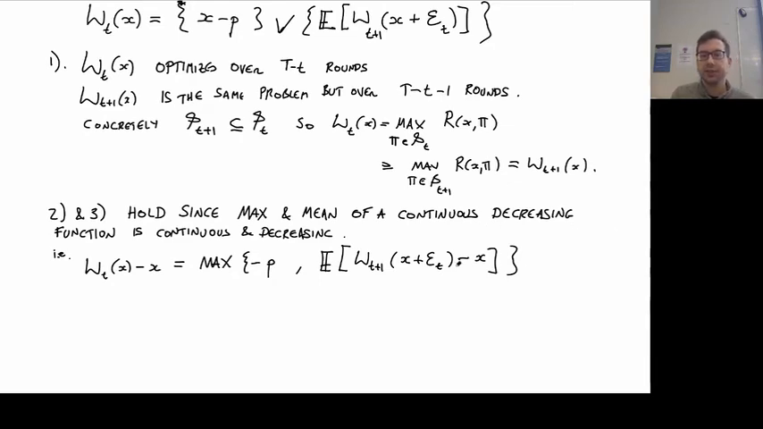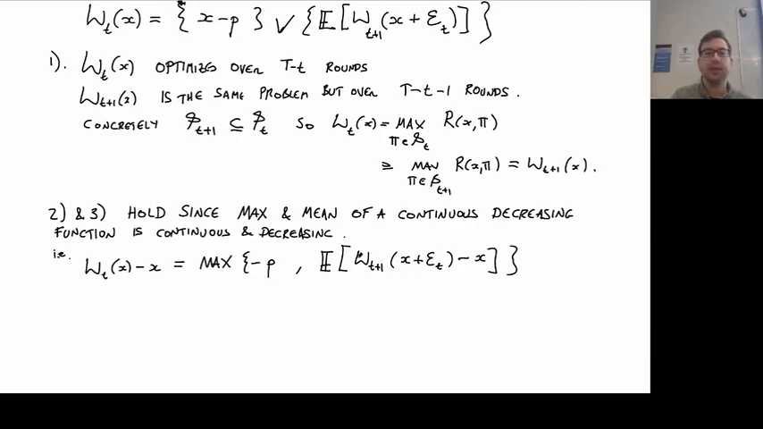So notice, provided what's inside here is a continuous function in x, then the expectation is going to be a continuous function in x. And the maximum here, when applied, is also a continuous function as well. So it just preserves the continuity property over here. Okay? Further,